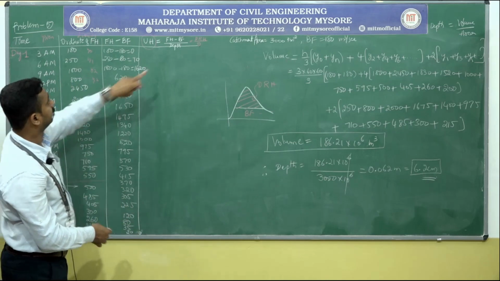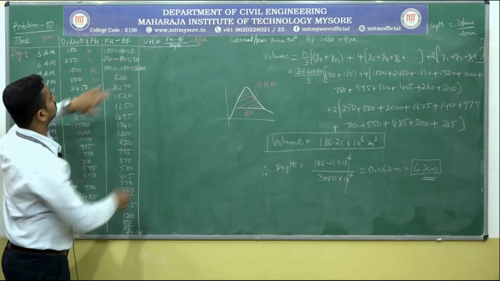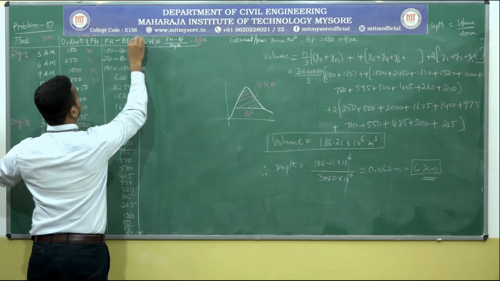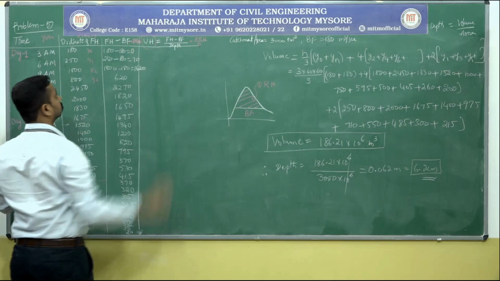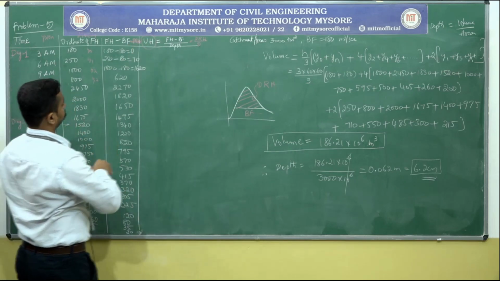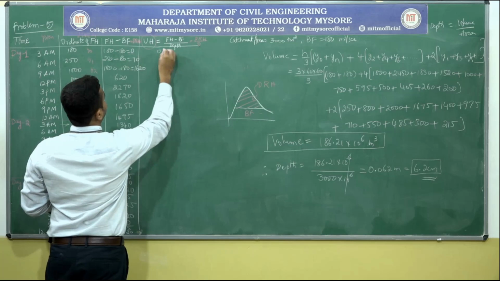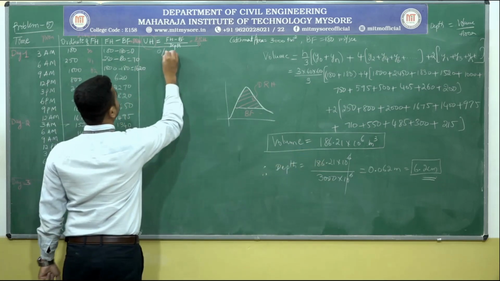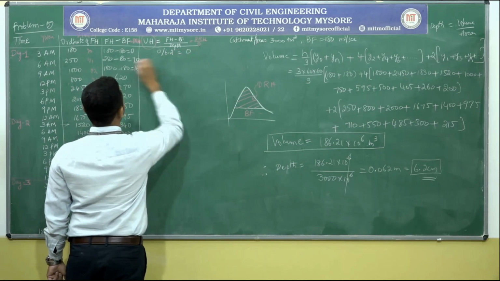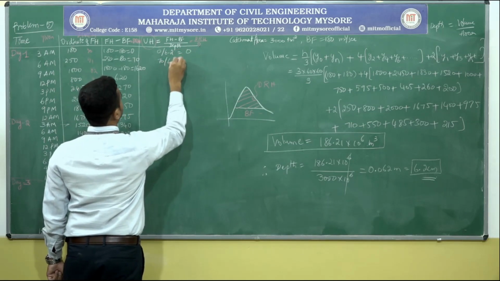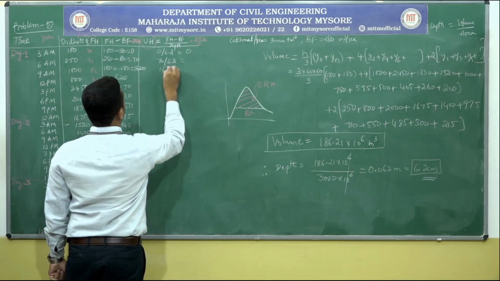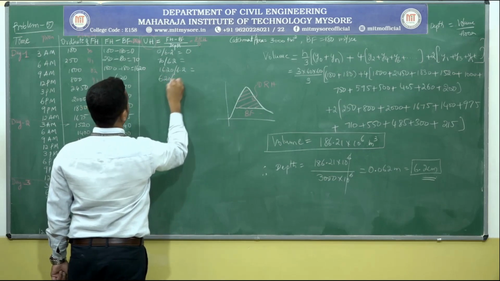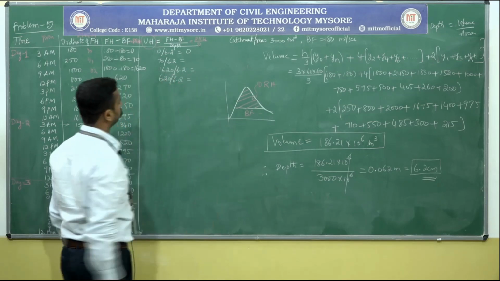Now, DRH. So, this is the value of DRH, correct? Flood hydrograph minus base flow is nothing but direct runoff hydrograph. 0, divided by how much depth? 6.2 centimeter. 0 divided by 6.2 gets 0. Next, 70 divided by 6.2. Next, 1620 divided by 6.2. Next, 620 divided by 6.2. You will get the answer.